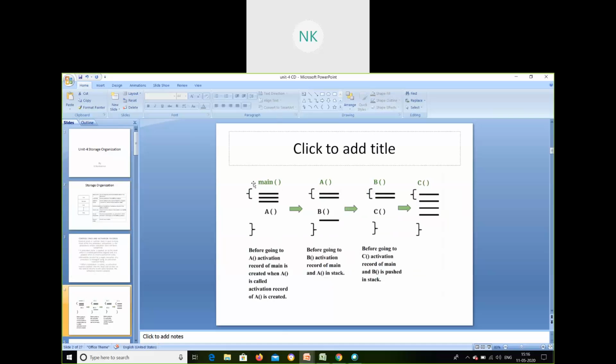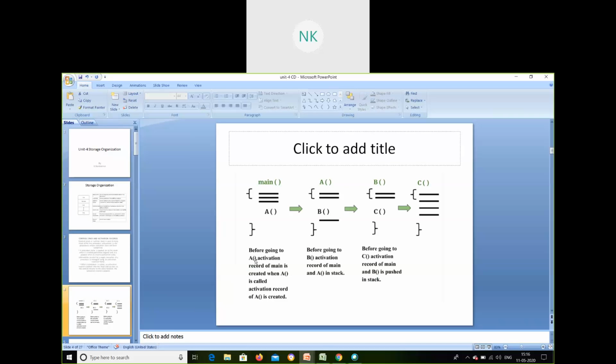See here, inside main I have a function call to A. Function A is defined here. If I want to execute A, I have to execute B. If I want to execute B, I have to execute C. Only if C executes will B be able to execute, then A executes, and then main will be able to complete.